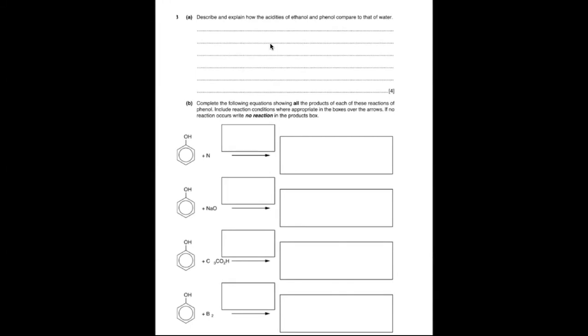For question 4, the first part is you have to compare the acidities of the ethanol and phenol compared to that of water. So this is similar to the one that you have in your notes. Okay. For part B, this box is for the conditions should a reaction happen. If there is a special condition,